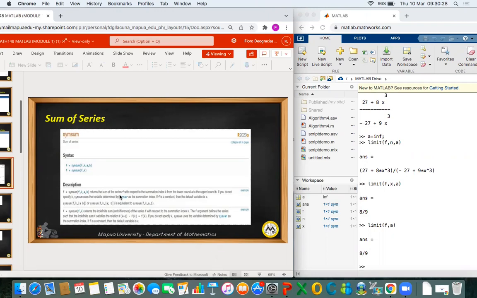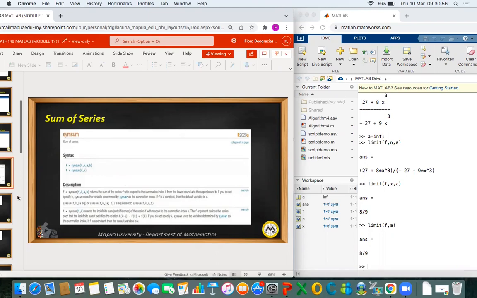So it returns the sum of the series f with respect to the summation index k from the lower bound a to the upper bound b. If you do not specify k, sum uses the variable determined by var as the summation index. If f is a constant, then the default variable is x. Okay,